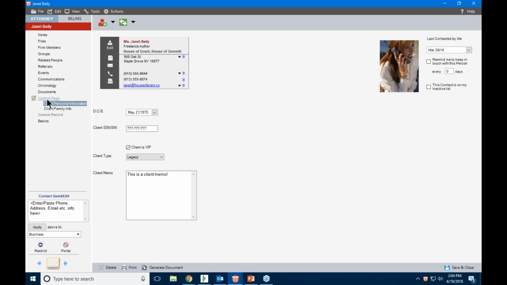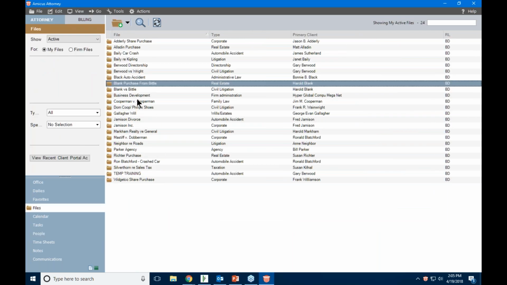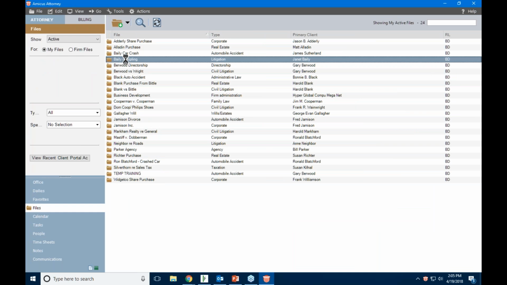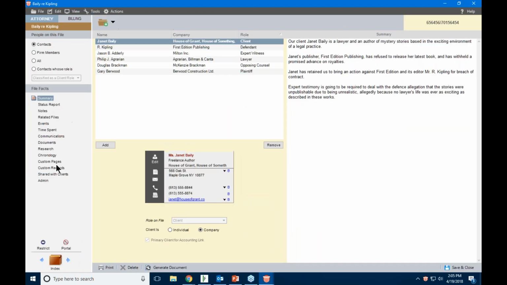So here we have, as I said, an example of a custom page on a contact, but as I noted earlier, custom pages can also be leveraged on your files. So let's go ahead and close out of Janet's contact and visit our files module. We'll open up Janet's file, the Bailey Kipling file, and within the file, you also have the option to view